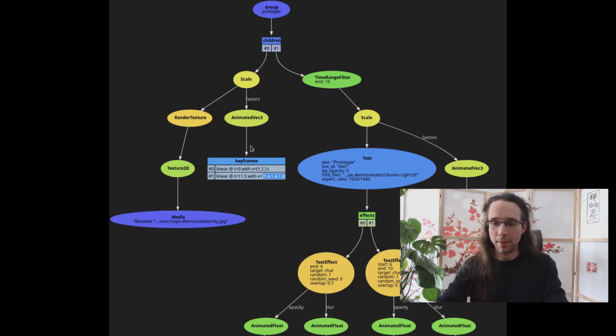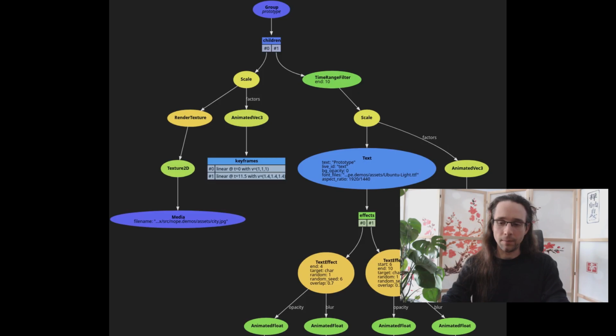For example, the background starts at time equals 0, so at the very beginning, with a scale of 1. And when the time reaches 11.5 seconds, it should be 1.4. So the scale is going from 1 to 1.4 in the time scale of about 12 seconds, linearly, like a straight line. According to the rendering time, the engine will then interpolate the appropriate value for each and every frame. So that's pretty much how this simple graph produces a prototype video.